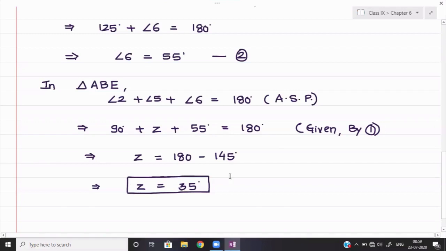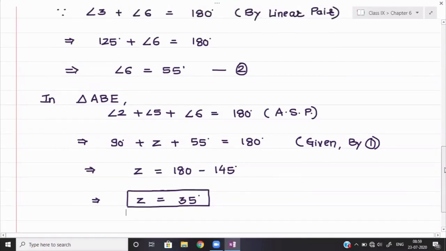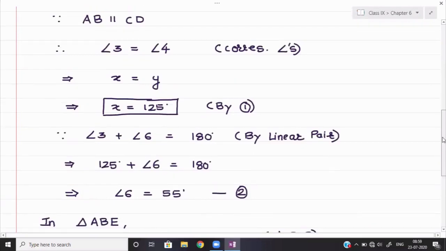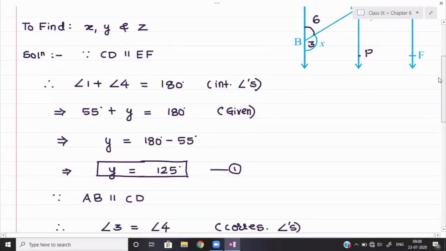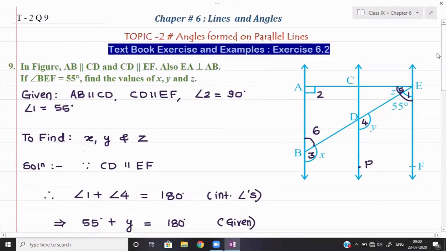So students, we have finished all the questions of exercise 6.2 including the solved example. This example was quite long, but this question also came in the examination many times. So please prepare these questions, and in lines and angles there is no deleted topic. However, I will take the full syllabus, and at the time of revision I will take the deleted topic only from the CBSE. So next time we shall start exercise 6.3 and its concept. Okay, thank you.